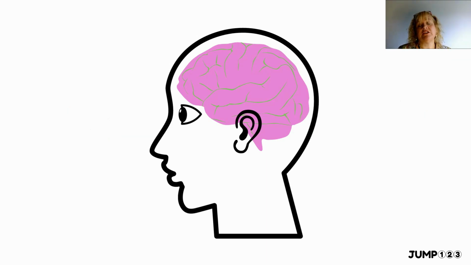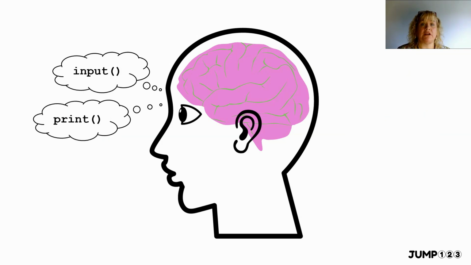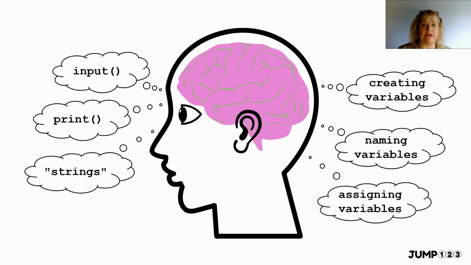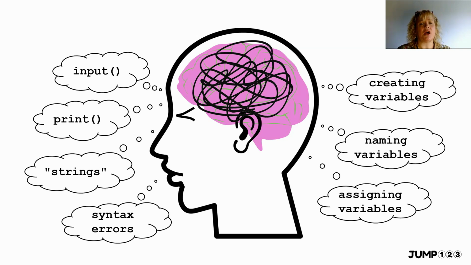So when we're trying to teach a student about the basics, then we start off quite intensively really. In that first lesson I often see, and I used to do this myself, someone trying to cover input and print and strings, and then not forgetting variables. If we're inputting, we need to store it somewhere, so they need to talk about creating variables, naming variables, assigning values to variables, and they also probably have a look at syntax errors as well, and that's a lot for them to take on board when they're first learning to program. So doing this all in one lesson, and it's something, as I say, I've done myself in the past, it just doesn't work quite so well.